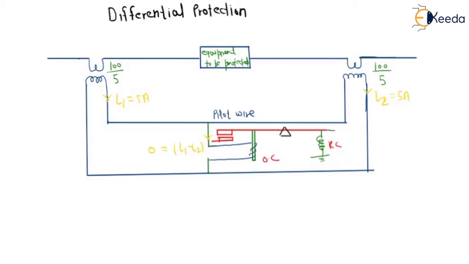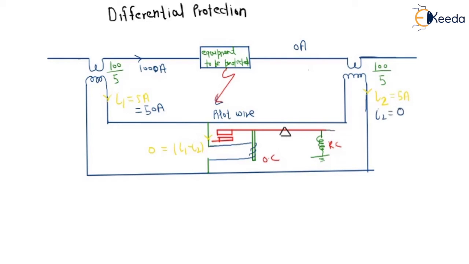But what happens when the fault occurs? Let us assume a fault occurs. Let us assume 1000 ampere current is flowing here and 0 ampere current is flowing here, because when the fault occurs the fault current increases, and with a short-circuit fault there will be no current in this side. So the current here will be 50 ampere, and in this branch I2 will be equal to 0 this time.